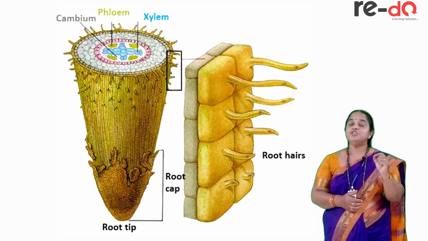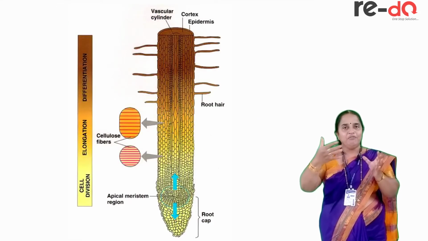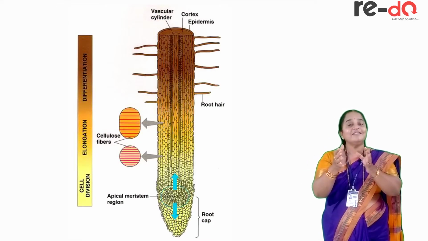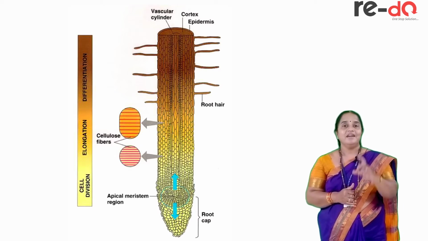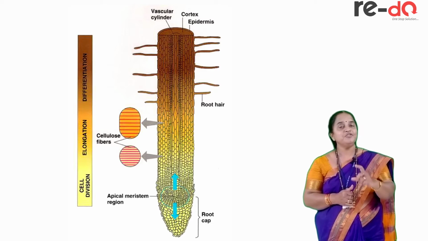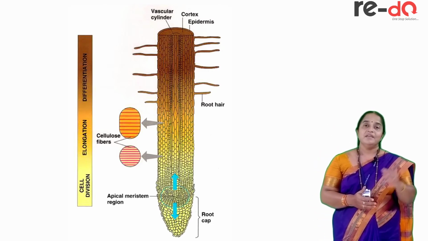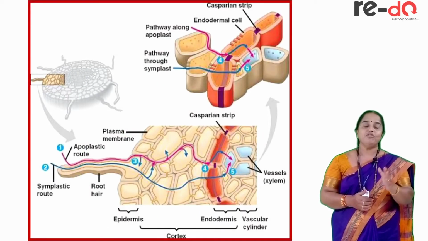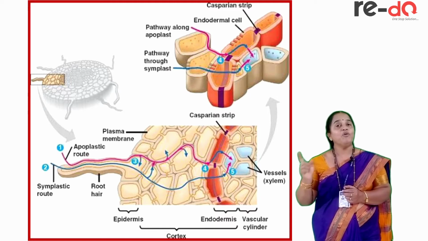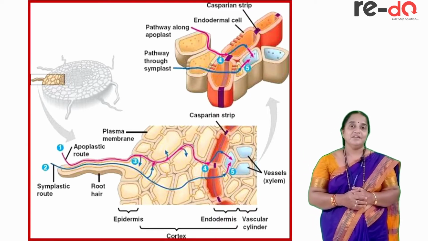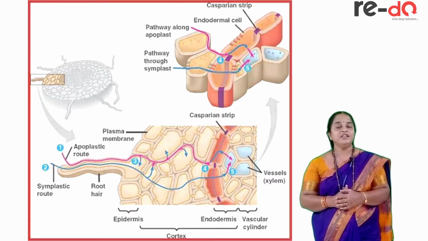Above that, the region of conduction, where vascular tissues are very well developed, forming the central axis of the plant body. With this, I have already completed the regions of the root. Moving further, apart from anchorage, absorption and conduction, most of the plants will have modified roots. I'll just give a list of modifications in the roots.